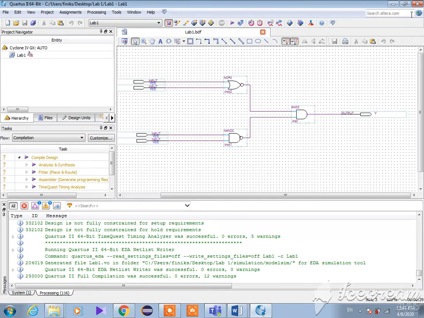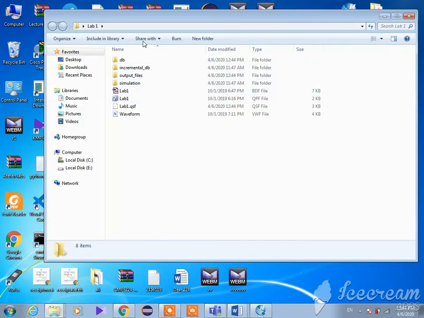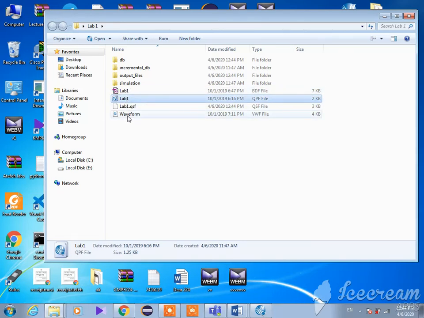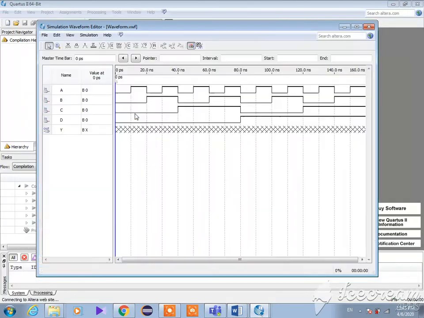Okay, as I told you, this is my project file. First one, lab, the name of my project, and this is the waveform. Many of you send me this file. Okay, let me open this waveform and see. Okay, can you see this is the waveform that I double clicked? Okay, this is 20. You can see, sorry, this is 10, and this is